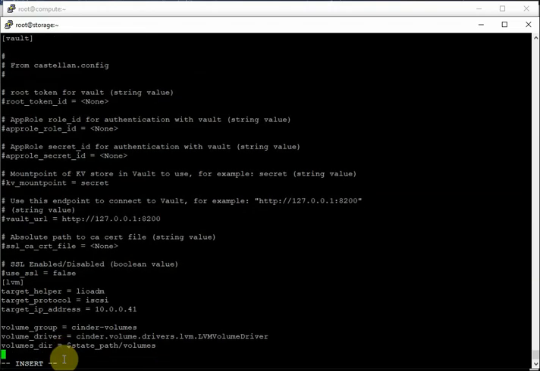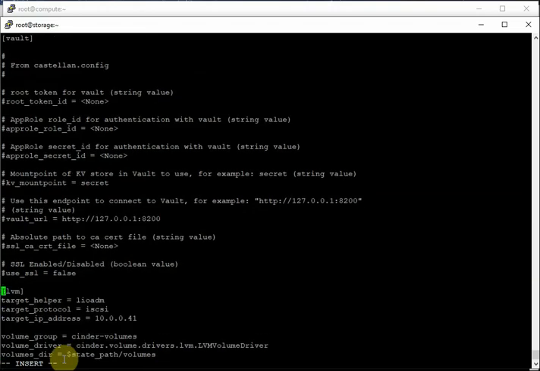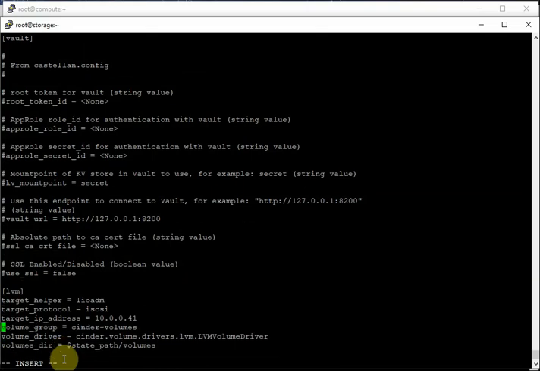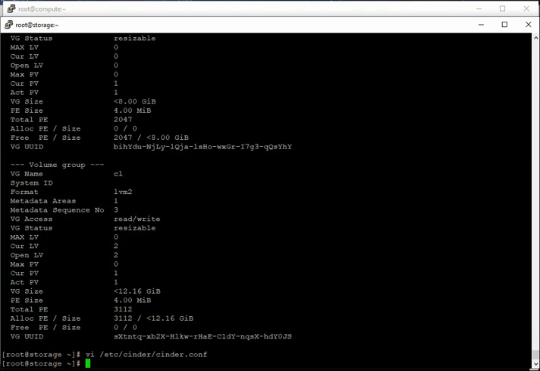This is the LVM section: target helper, target protocol, target IP address, the volume group which we created, volume driver, and the volumes directory where the volumes will be stored. And we also need to verify one file before we go, to make sure it is scanned properly, and that is